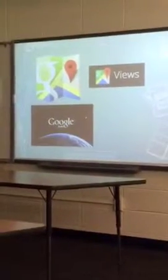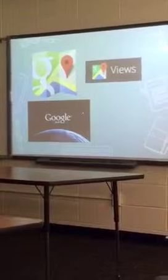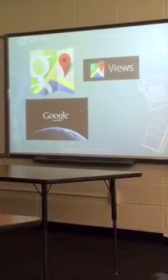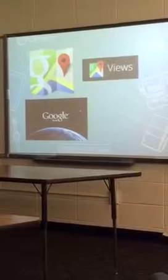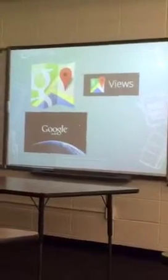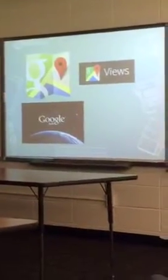And then there are 3 different things that are all related: Google Maps, Google Earth, and Google Views. We've gone back and forth, actually Jesse and I, discussing the pros and cons between if you're going to use Maps or if you're going to use Google Earth. I feel like if you're releasing a lot of it to the students, especially in that later elementary age, Google Maps is great because you can link directly to a point on the map. You can link directly to